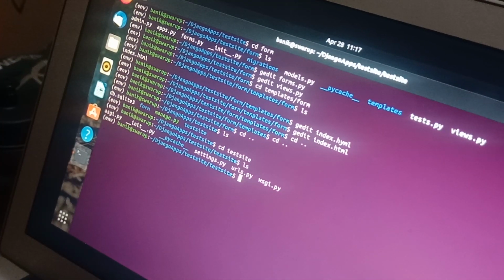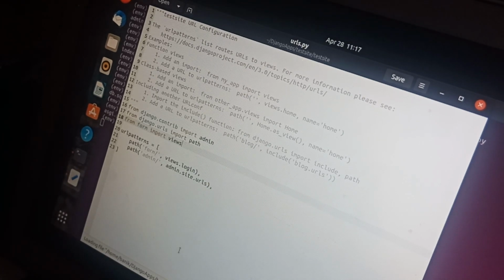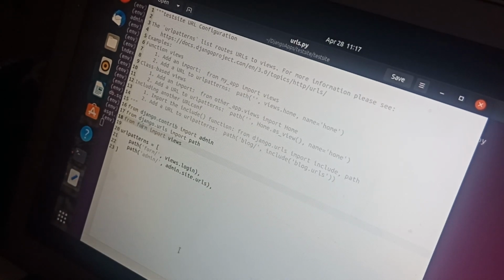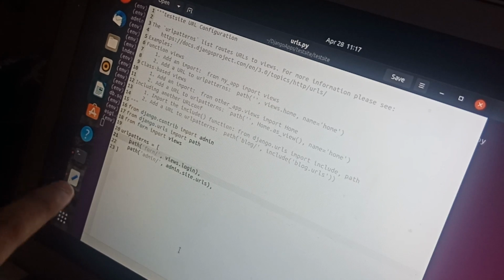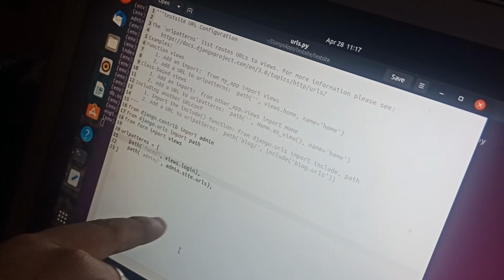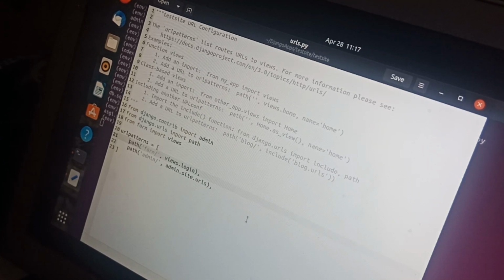So we can see the URL file there. So we edit urls.py. We have to add the line from form import views, and in the URL pattern you have to add this path, path('form', views.login). Then we will save it.